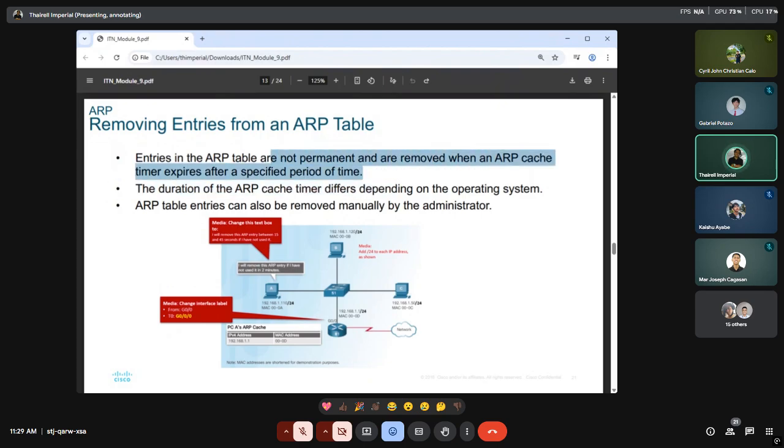They are removed in either of two ways. One is the cache timer, which is basically where the destination addresses are stored in your end devices. In your source device, they are stored in the cache, and the timer that keeps track of that information has already expired.